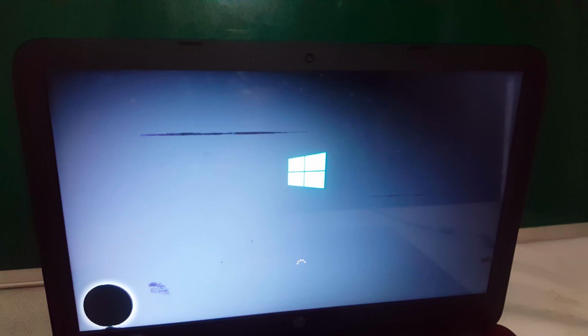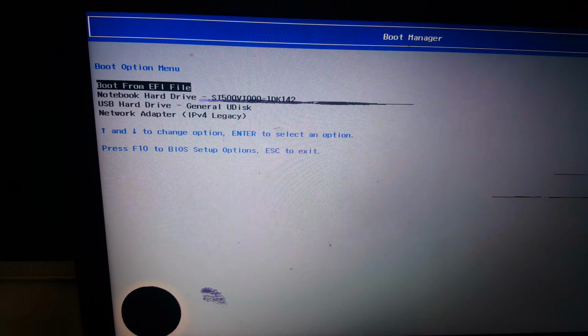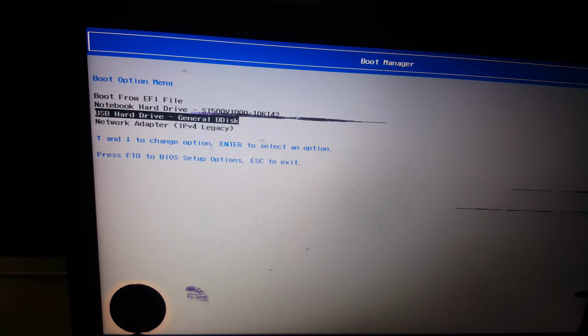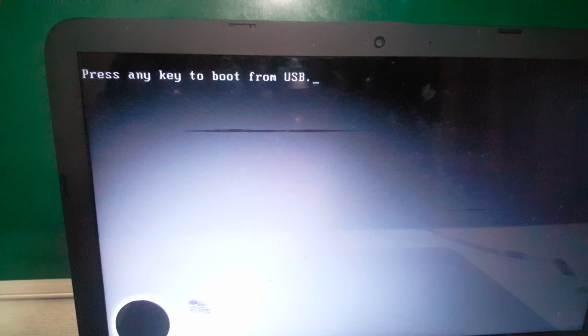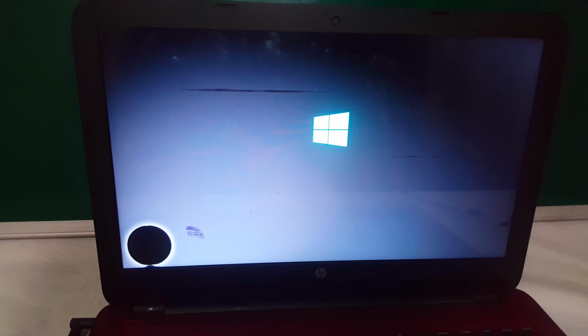Then I'm going to go ahead and click the F9. Sorry about that. I'm going to hold and restart again. F9. Then this will bring us to the boot menu, and then to see our USB drive, it is here. Then I'll click enter, then it asks me to click any key so that it continues the process of installing Windows. In my case, I have Windows 8.1,